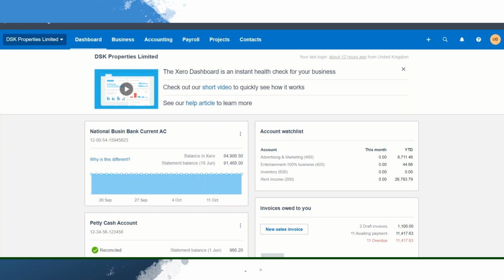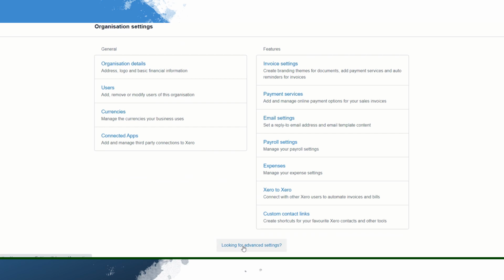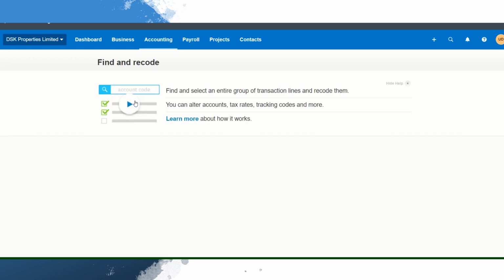On Zero, you go to your company setting by clicking this drop down arrow and go to settings. Under settings, you go to advanced settings, and under advanced settings you can see there is a feature called find and recode. You need to find the transaction first by giving the specific criteria, and then you can just recode it to different places. So let me give you an example. When you go on that,